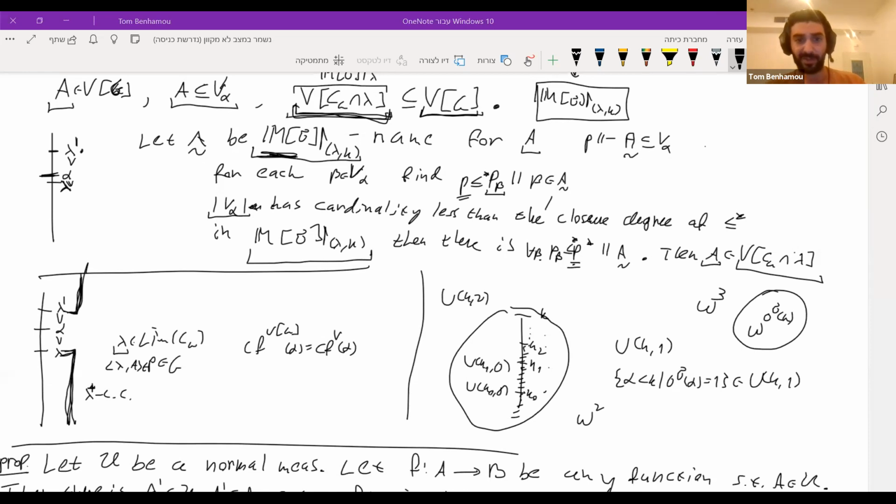So indeed, in the case that the order of kappa is 2, then the order type of CG is omega square, and we enumerate CG as CG of i for i less than omega square. Now if you take simply the first omega elements of this, this is going to be a Prikry sequence for the first Prikry point of the measure U kappa 1. So CG restricted to omega is simply a simple Prikry extension. So it's necessarily not a Megiddo generic extension. Okay, so this is an example.